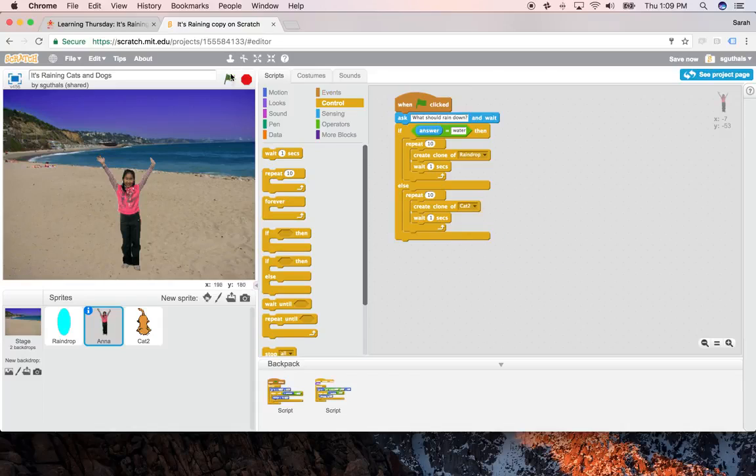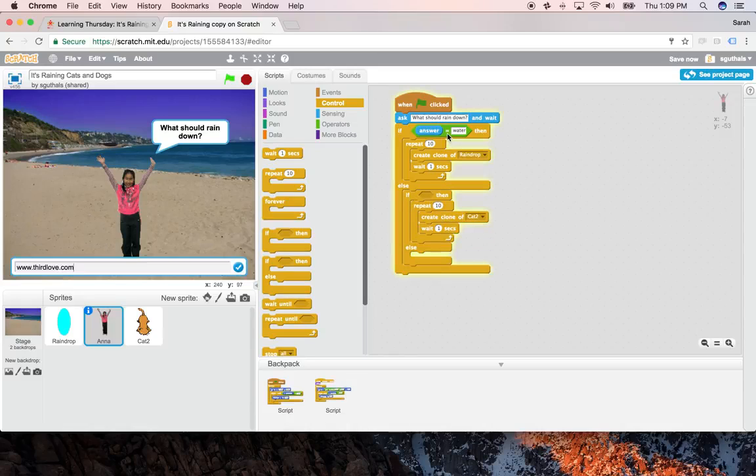Okay, so then we say green flag, and she says, what should it rain down? And we say water, and it rains water. But if we do it again, and this time we say anything but water, it'll rain cats. And then we can do the same thing. So we can come in here and say if the answer was cats,